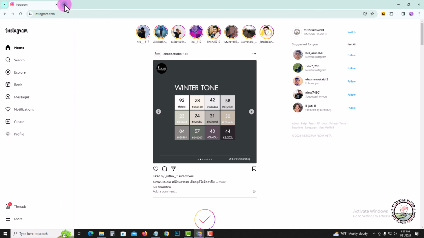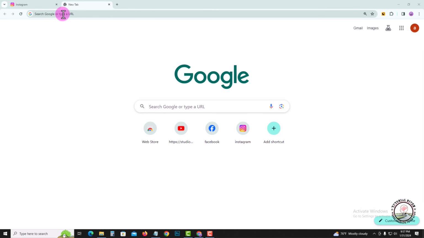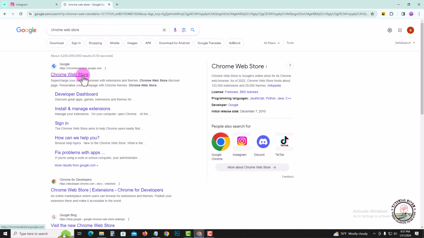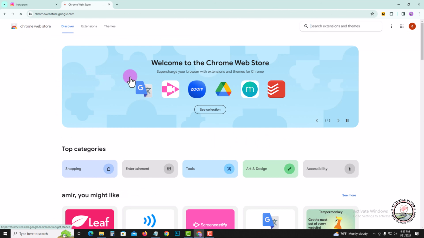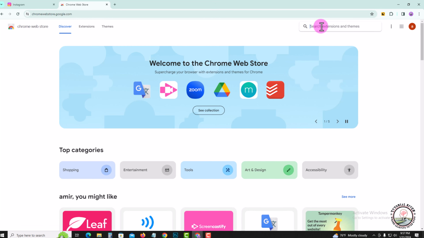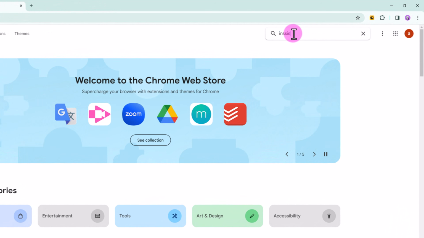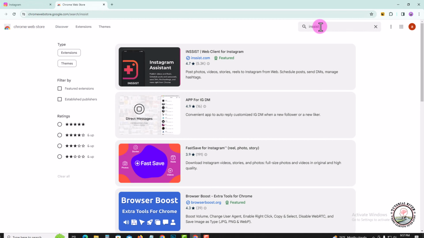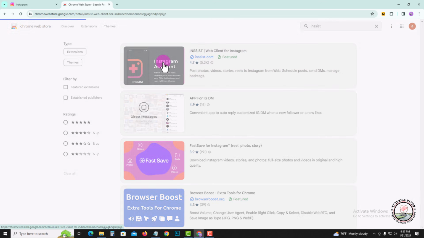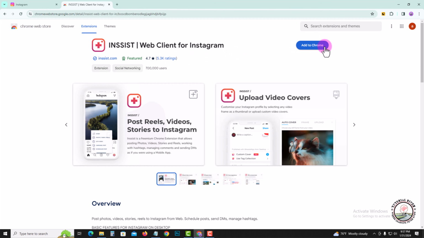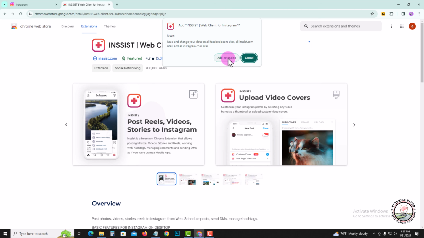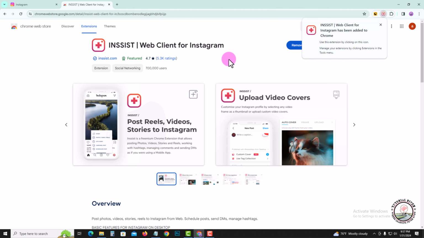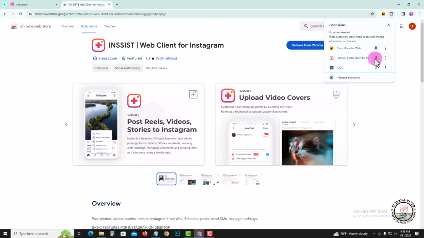So first go to new tab, search here Chrome Webstore, click on this link and go to search bar, type to... opening this, add to Chrome, add extension, tap on this and pin this extension,